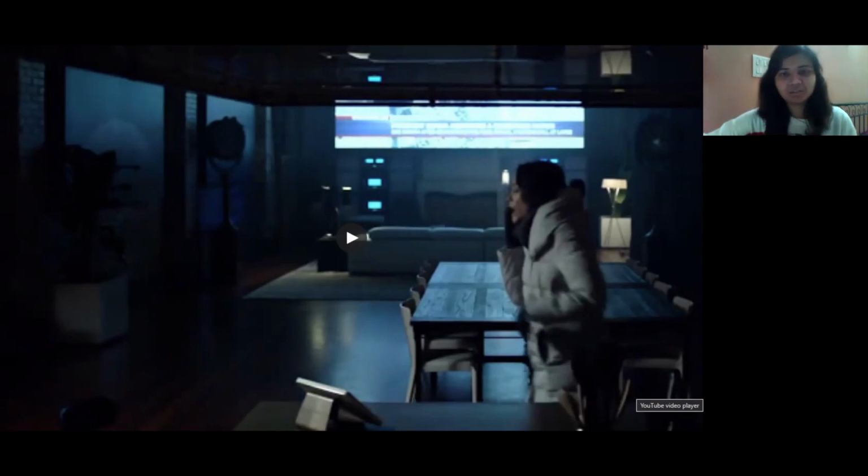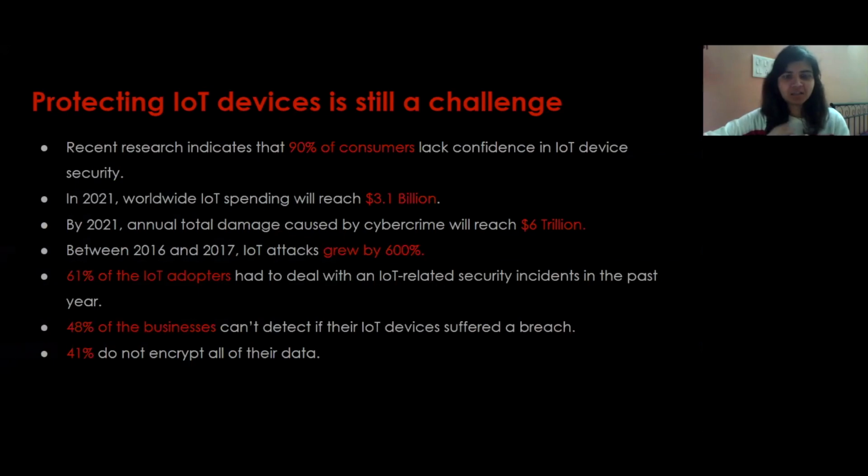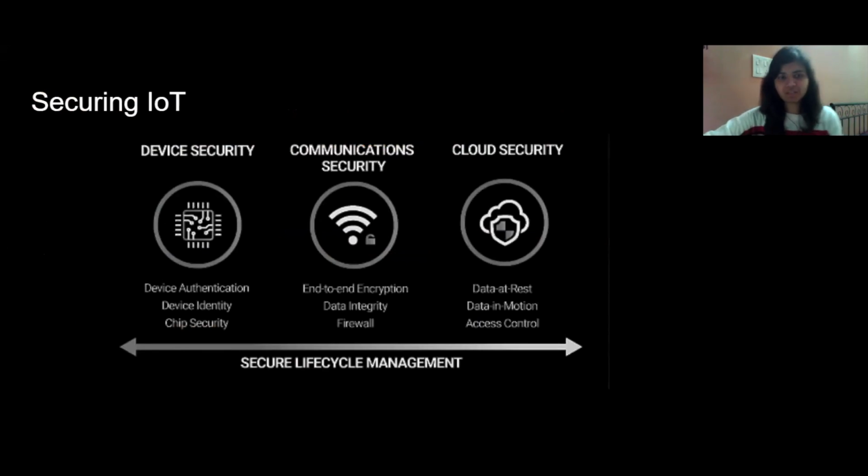Since the world is moving towards IoT and smart devices, it's very important to secure them, because they are supposed to be small and compact. We don't really pay attention to their security, and do simple things like using default passwords. Changing default passwords could help a lot and secure a lot of things. So these are a few things that need to be secured.